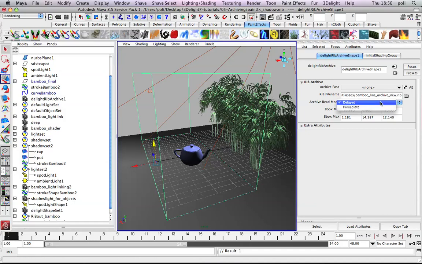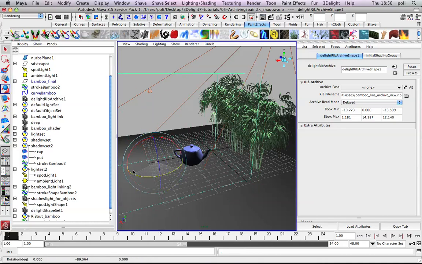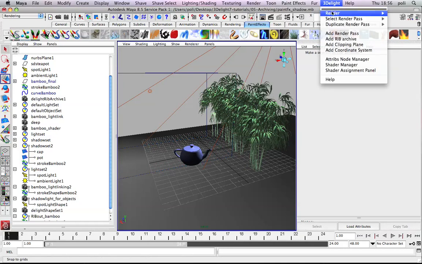and we can choose between delayed rib archive. That means that when the renderer will need to render this archive, it will load it in memory, otherwise it won't. This is really memory efficient. You can also have the option to immediately load this when the rendering starts. So you can see the bounding box updated, and we can just rotate this and put it back. Okay, something like this, and now we just re-render this,